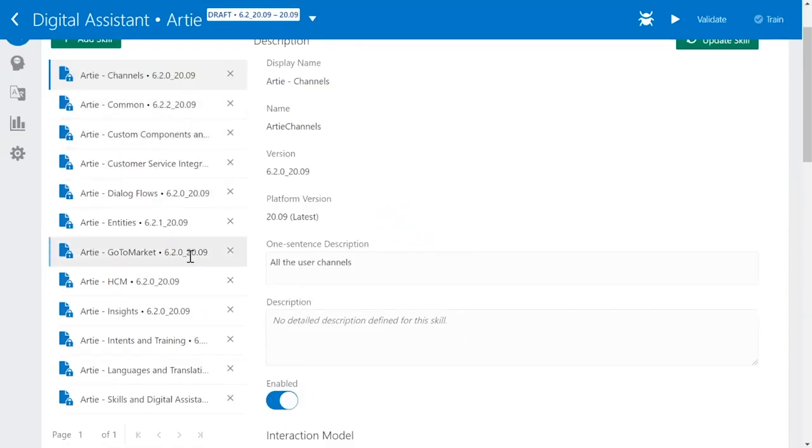Now, this is important because as a development team, ARTI can cover maybe 300, 400, 500 different questions. We didn't want to build that all in one place. So we partition this off into separate skills. For example, there's a skill if you're asking questions about our out of the box HCM, or if you're asking questions about pricing, that's part of our go-to-market skill. So we could have developers who knew things like go-to-market create the language models specific to that, because they knew the domain, they knew the phrases that people would use to ask questions about things